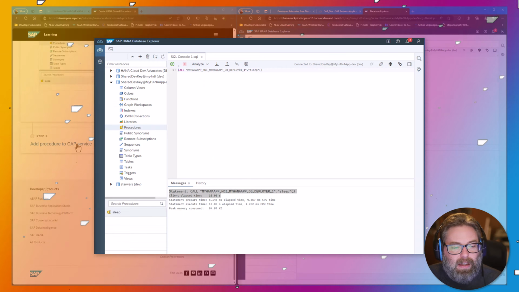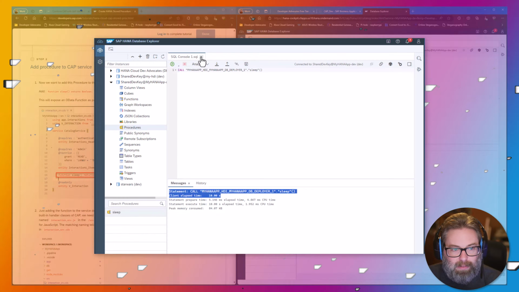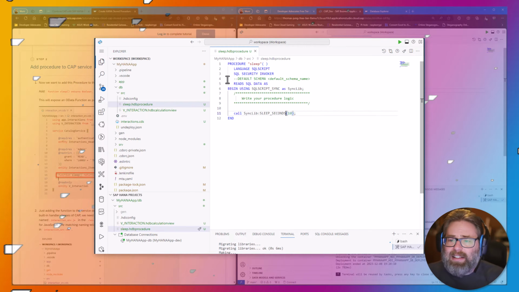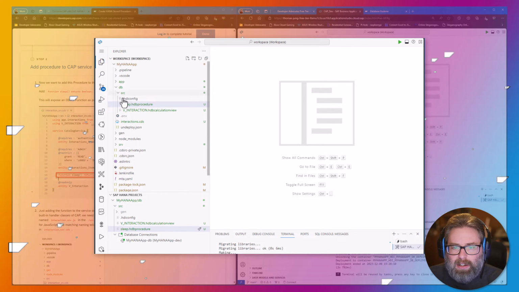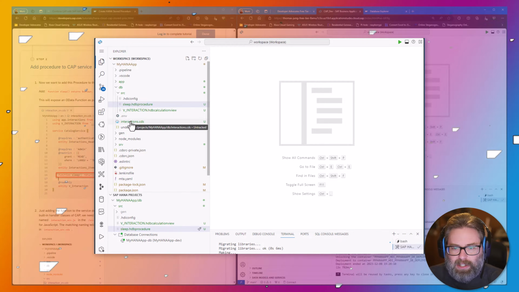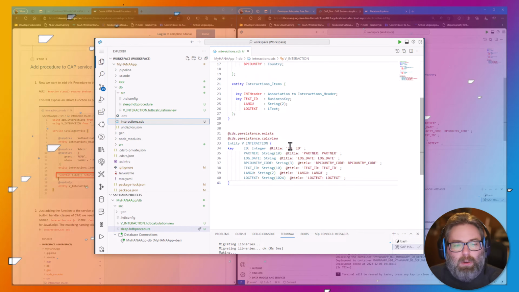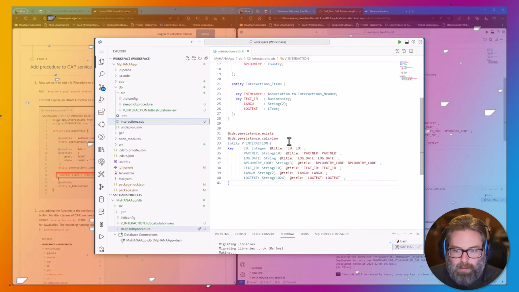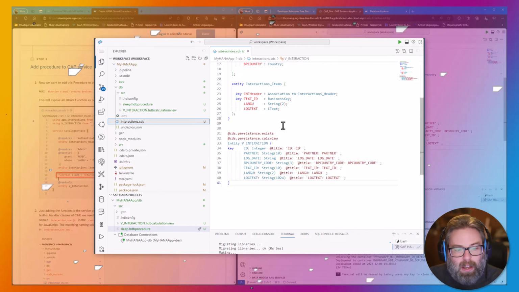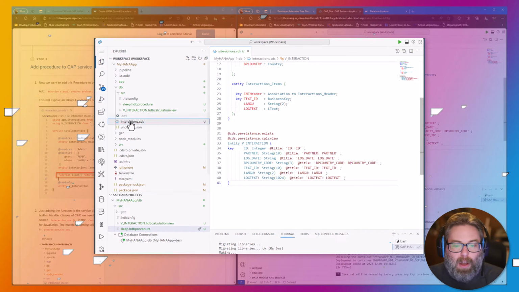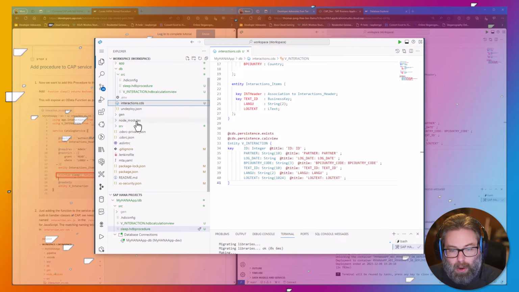All right. Now we need to see how to integrate this into our CAP service. It's not exactly the same thing that we did with the stored procedure, because with the stored procedure, we had to go to the database definition level, the interaction CDS, and we had to create a proxy entity. We don't create a proxy entity for stored procedures or functions, table functions. We're going to directly integrate those into the service layer, because that's the only way that we have executable code.